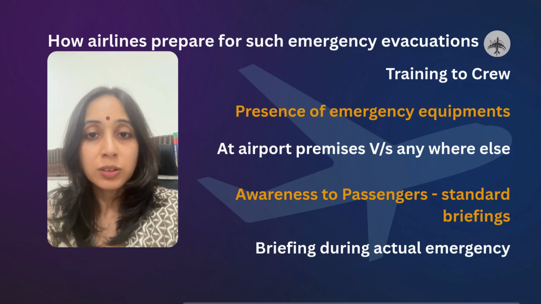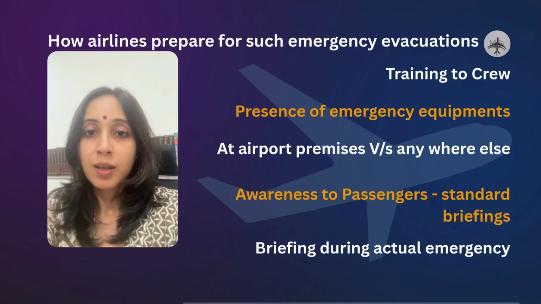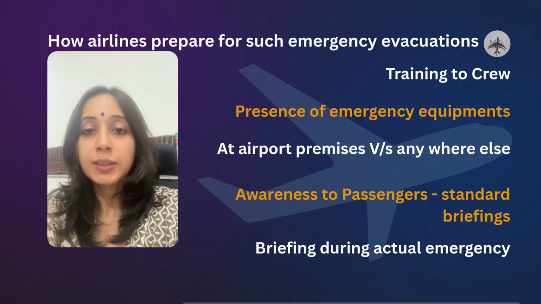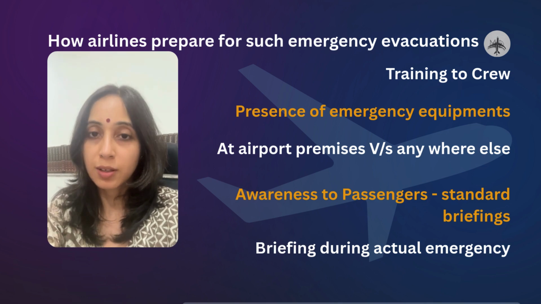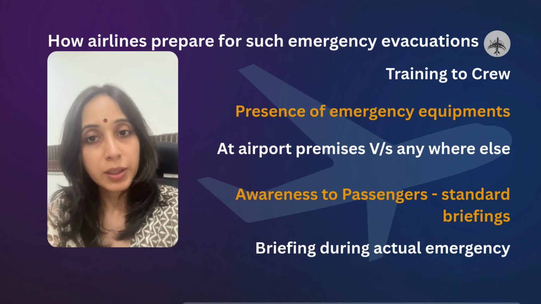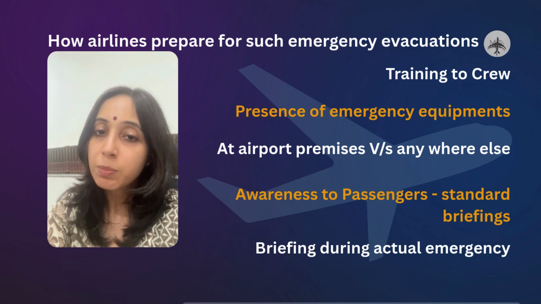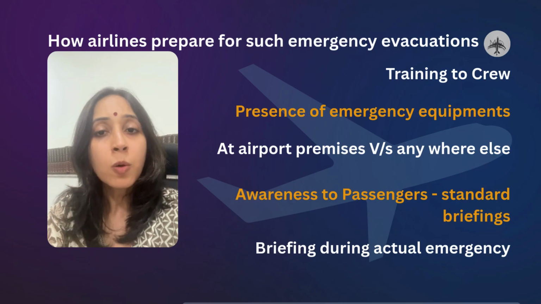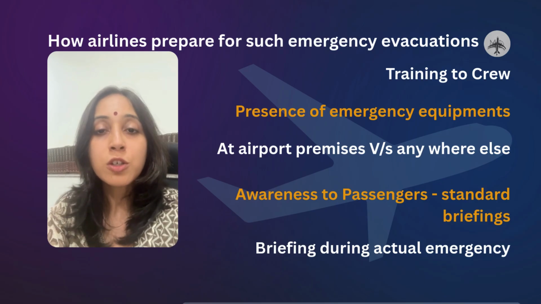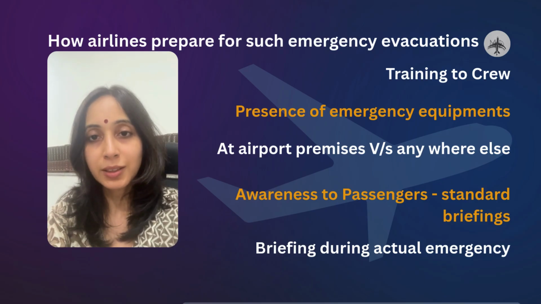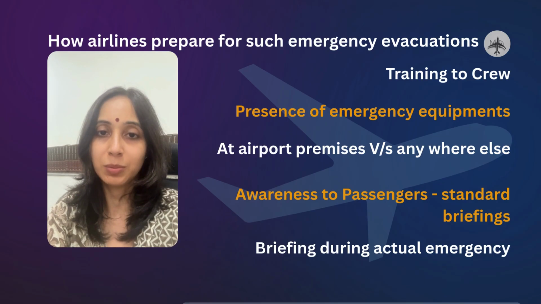Airlines also help passengers to be prepared for any kind of emergency. They help passengers by giving a standard briefing, by putting a safety information card in every seat pocket, and in case of a planned evacuation, they also brief passengers with additional announcements, how to take brace positions, how to relocate passengers if required, or also considering some passengers as able-bodied persons who can help cabin crew in case of an evacuation to ensure all passengers are exiting the aircraft as soon as possible.